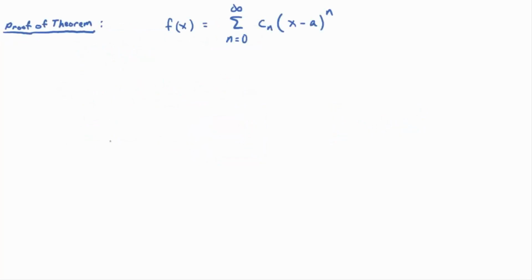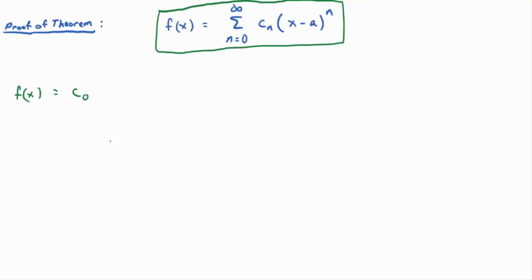f of x, write it out longhand. What does this formula say f of x is if you write it out longhand? The first term is c sub 0 plus, what's the next term? c sub 1 times x minus a plus c sub 2 times, well, there you go, plus,